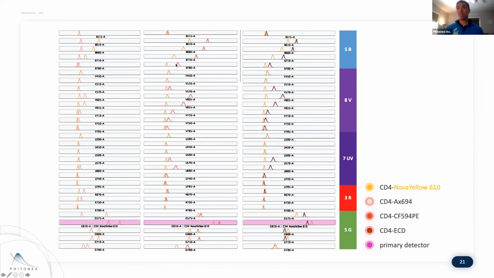And what's very interesting is in the blue, at least in the comparison to PE Dazzle and ECD, it's actually our highest separation index dye, when we compare between all these 6 labels. I'll show you the separation index data in a second, but it is incredibly bright, right? And this is in its 2 cluster version. And so this was very exciting to see, because we know we had something that could add quite a bit of separation power